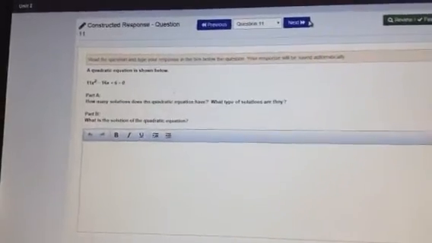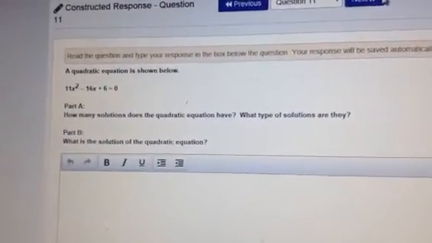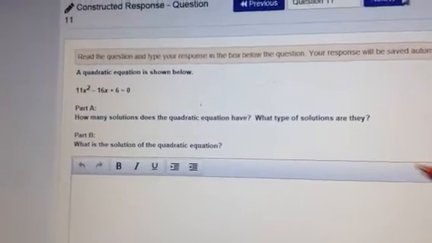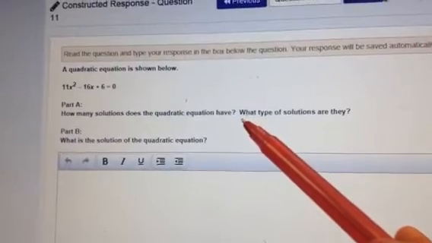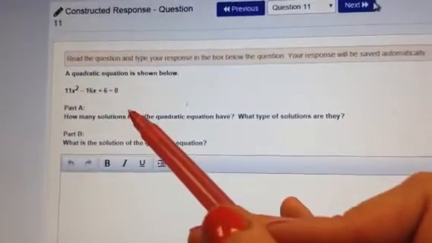The quadratic equation is shown below. Part A, how many solutions does the quadratic have? What type of solutions are they? So, if I'm just focused on the type of solutions for part A, that means I just care about what's